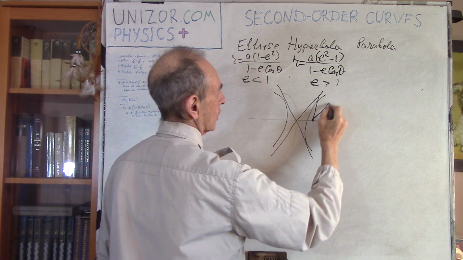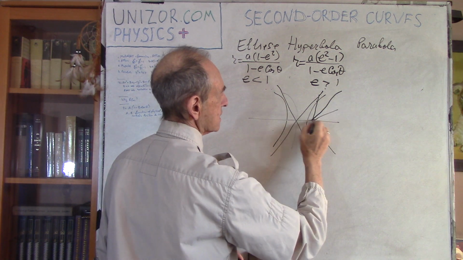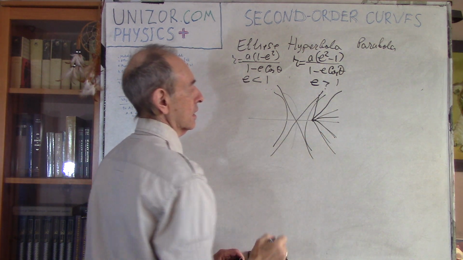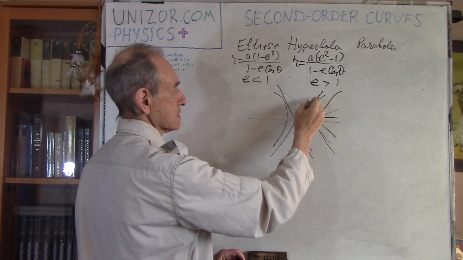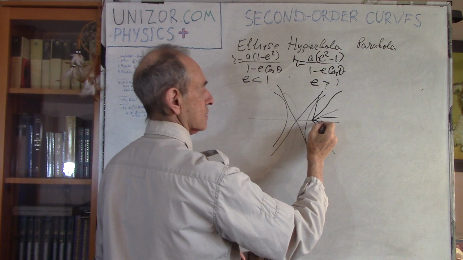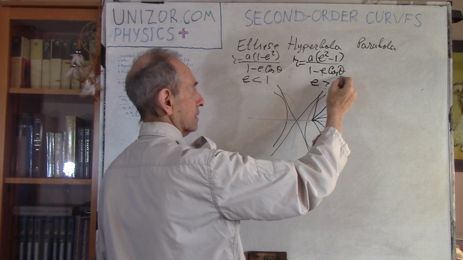If you go parallel or within this angle, the line will not cross the hyperbola. So that's why for certain angles,